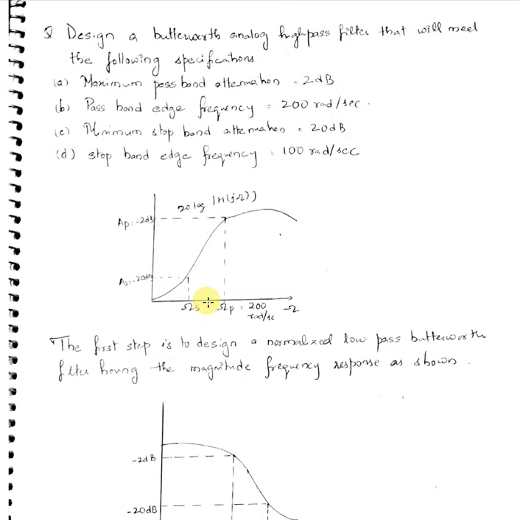When it comes to the low pass and high pass, it is essential that after calculating the transfer function H of s, listen to me carefully, you will first substitute your s by the cutoff frequency. First you will have to calculate your cutoff frequency omega c, then you will substitute s by omega c, and then if you have to convert it into high pass or low pass, you have to replace your s by the corresponding transformation equation that I had given you. Am I clear? So you just make a comparison between this particular problem that you are going to see here and the band pass filter design.